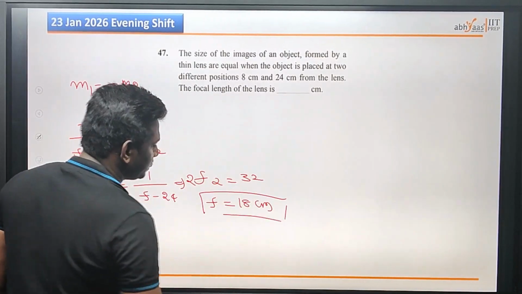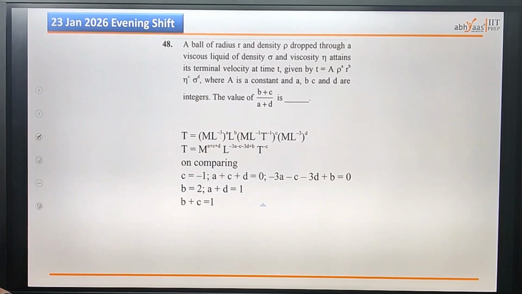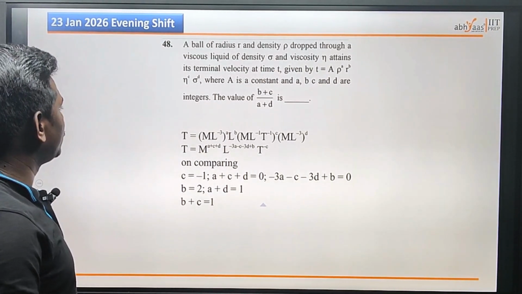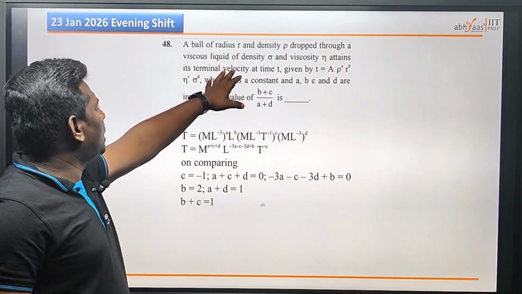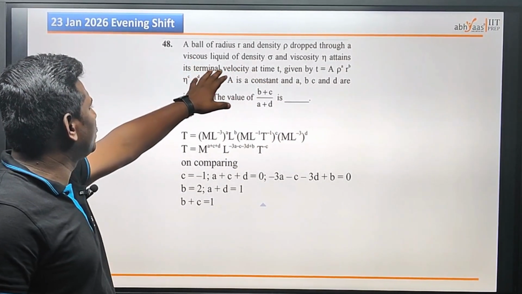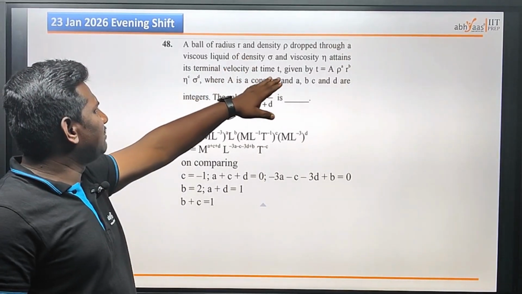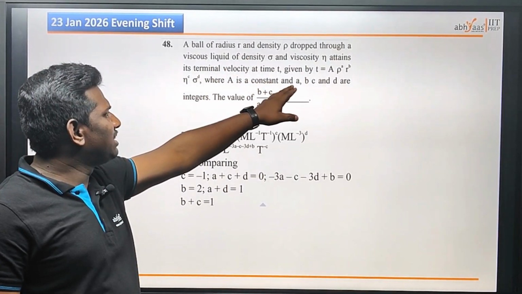F can be written as 18 centimeters. Next question, question number 48. See here, question number 48. This is our solution. A ball of radius r and density rho is dropped through a viscous liquid of density sigma and viscosity eta, and attains its terminal velocity v, which is given by